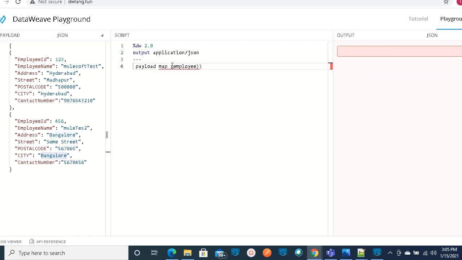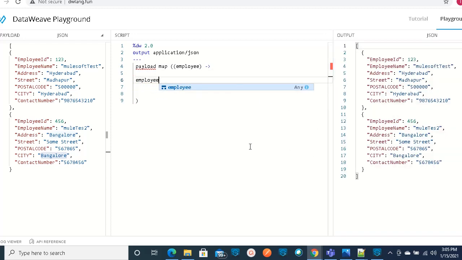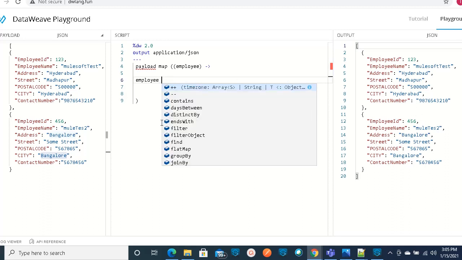So I would like to do operations on this employee object. Now inside this I would like to use this employee update object. See, without any updates it will take the actual direct value and display it here. Now I would like to do the actual update operation.